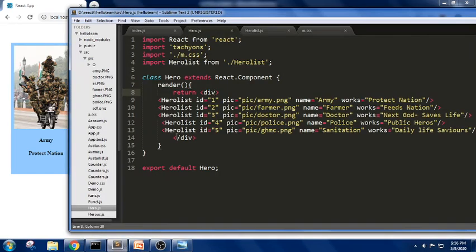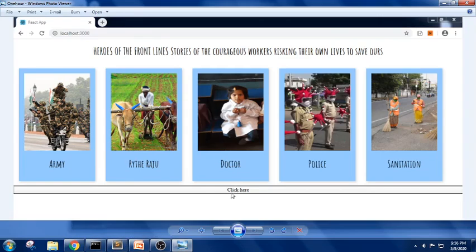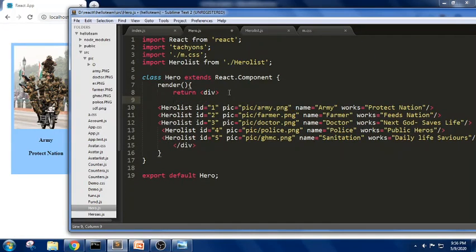Now if I want to display some message, like here in this part we have a button, when I click on this button, it should be able to change. In props we cannot use states, it is not mutable, we cannot change it. So for this I'm going to take a button and a text. In this I'm going to write h1 hello world, and in this div I'm going to place a button here.